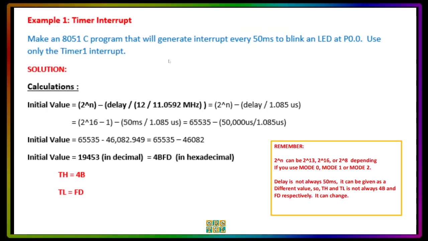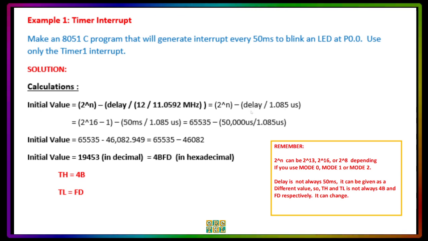Now, in the next example, we have how to generate the 50 millisecond delay. So based on our calculation here, we have to use the formula. I'm sorry for this, but we were not able to put the -1. So 2 to the power of n minus 1 minus delay divided by the quotient of 12 divided by 11.0592, and this will give us 1.085